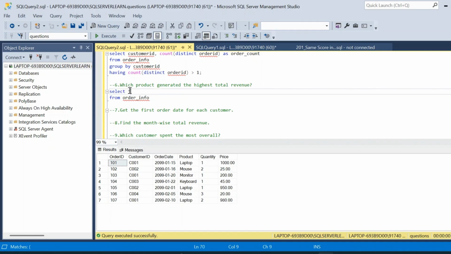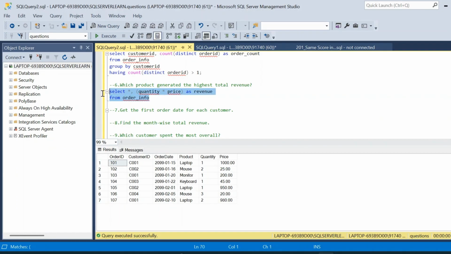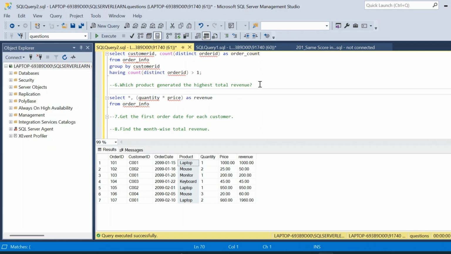So here also we are going to calculate a new column, which is the revenue column based on quantity and price. That is quantity multiplied by price, which will give us a revenue column. Execute, and now we have to take the summation of this revenue column with respect to each product. So for that the first query we will place inside a CTE. So with T1 as open and close parenthesis,